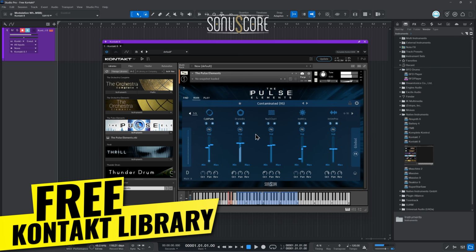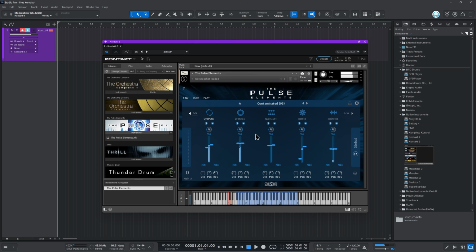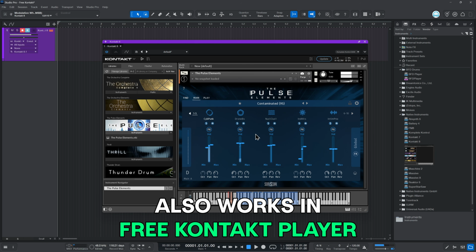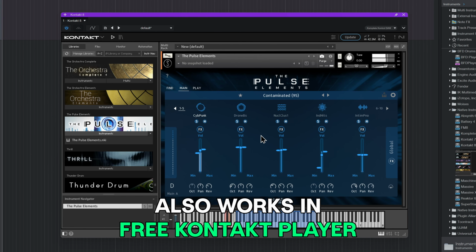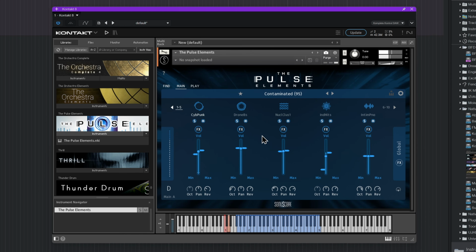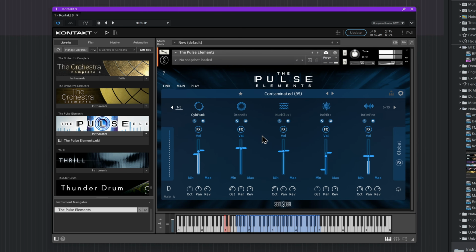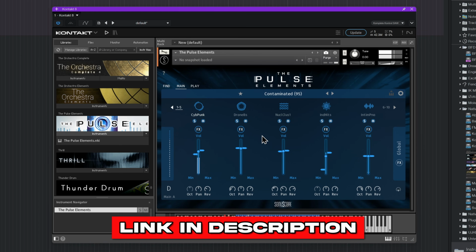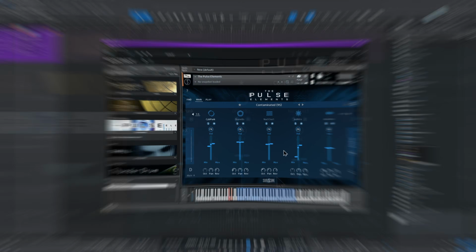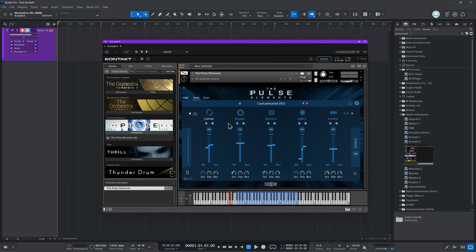This is the Pulse Elements from SonuScore. 100% free instrument for Kontakt. Runs in the full version of Kontakt or even the free Kontakt Player. This, of course, is a cinematic rhythm movement engine here. So before I show you where to get it, just real quick, let's go over the interface and show you